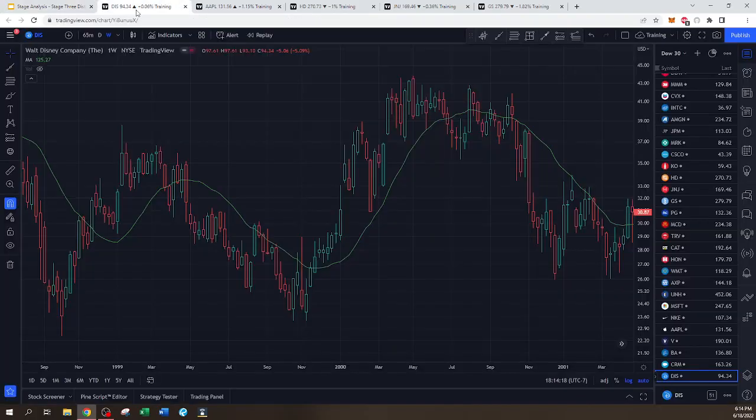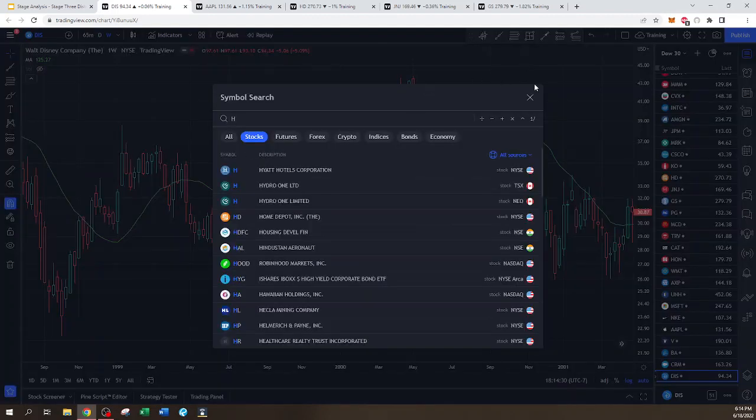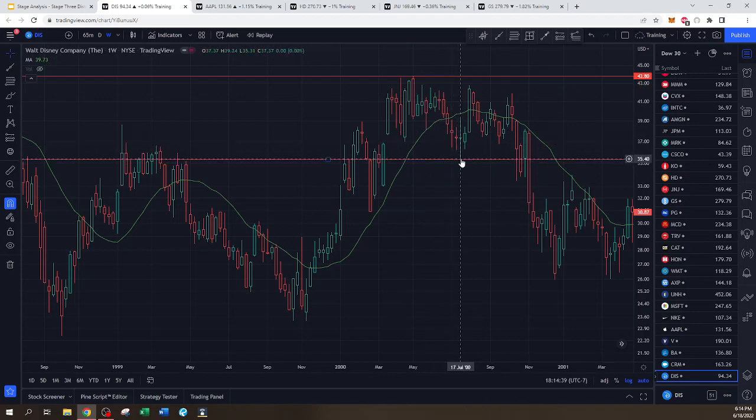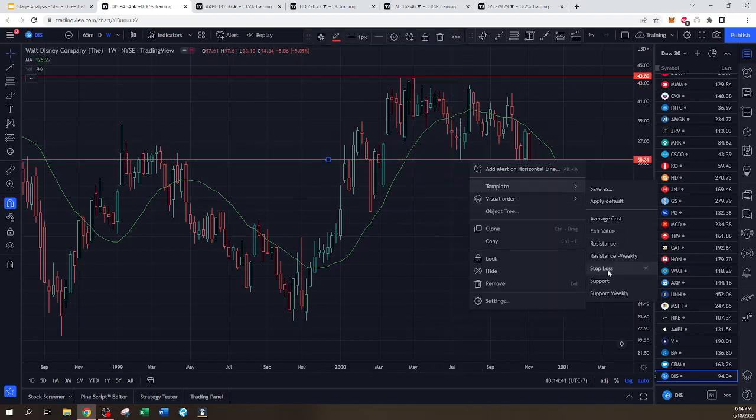So let's go to our chart examples. Got some good ones here for you. So this is Disney from 2000. Here's our Stage 1 base. As you can see, we form here, and then we finally break out into our Stage 2, and then the Stage 2 puts in a top. So let's draw our top there. That's our resistance. And then after breaking below the 20-week moving average, we put in our anchor point. That's going to be our support.